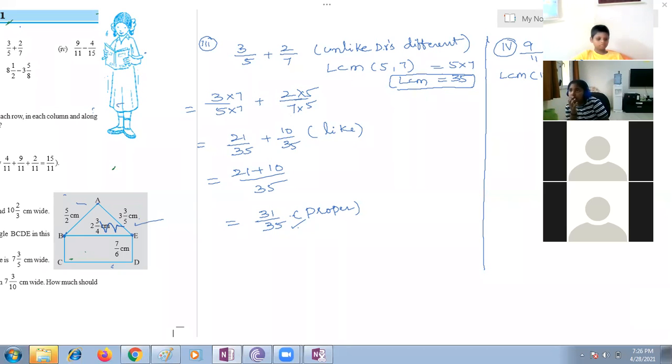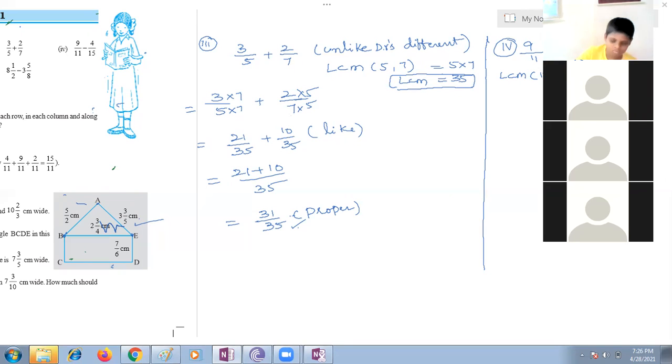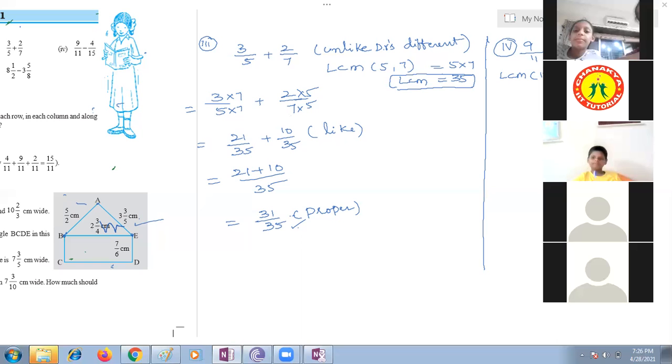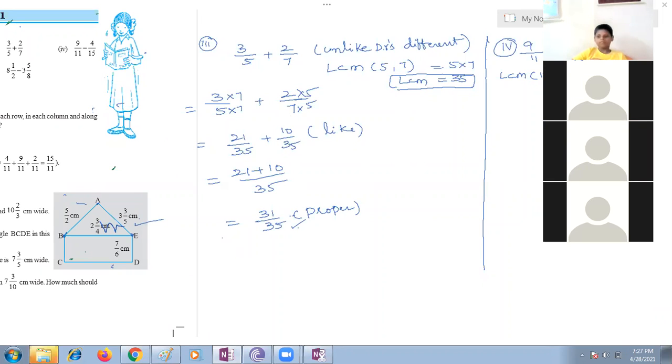Wait a minute, I'll call the parents. Why are the students quietly doing some work without listening? Jait, are you there? Please respond, Jait. Are you there? Yesterday also he did the same thing. Today I'll call the parent. Nikhil, please respond. Another student, who is that other student? Cyrus is there in the classroom. Cyrus, are you there in the classroom?